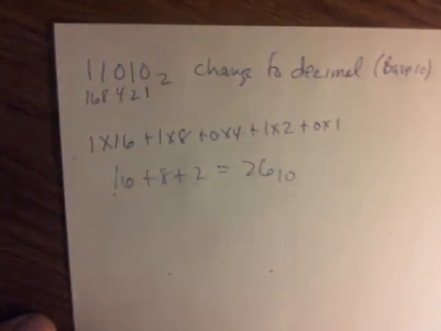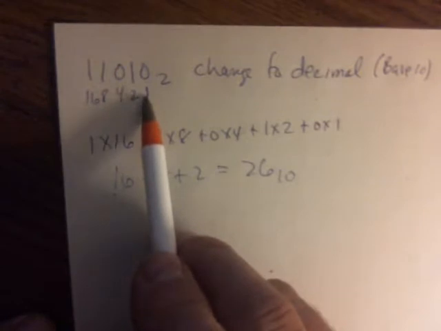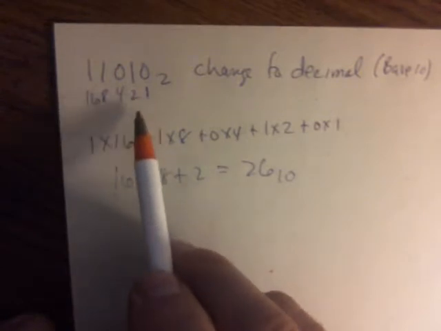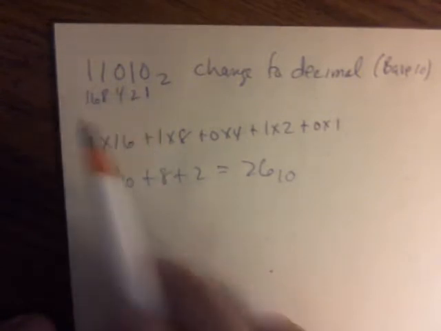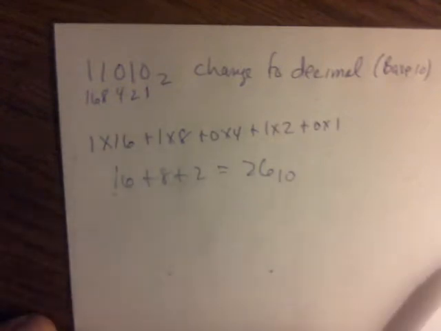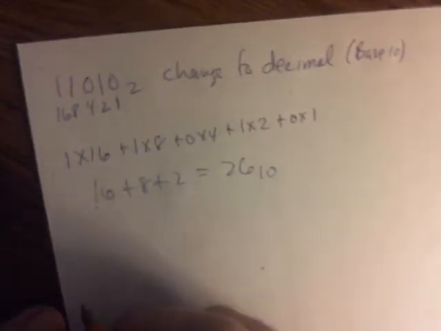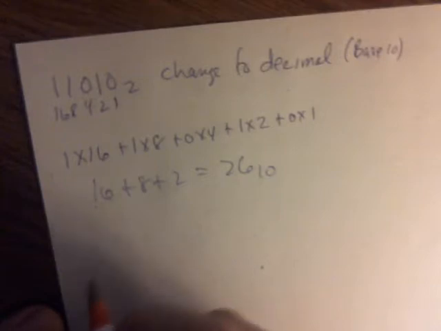Okay? What you got to be careful with is not forgetting that this is a ones place. And then you increase, each time you're doubling. Okay? Powers of 2. All right? If I have binary, let's say I have